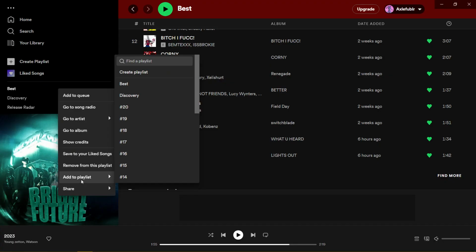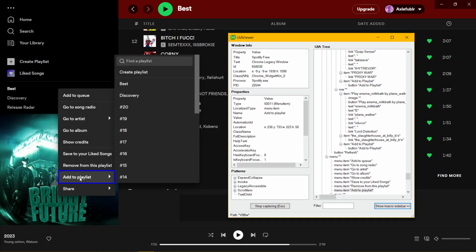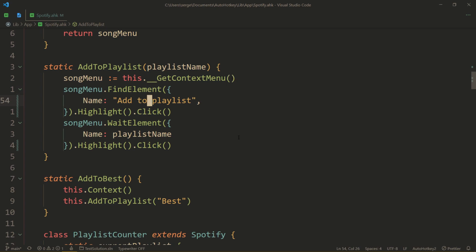Let's boot up our UIA viewer and start capturing, but now for add to playlist. So essentially you capture things one after another to get the needed information. And here you have name add to playlist. Matter of fact, you can right click on it to copy that value to then paste it into your script. So here I specified the name, add to playlist. Great, we found that